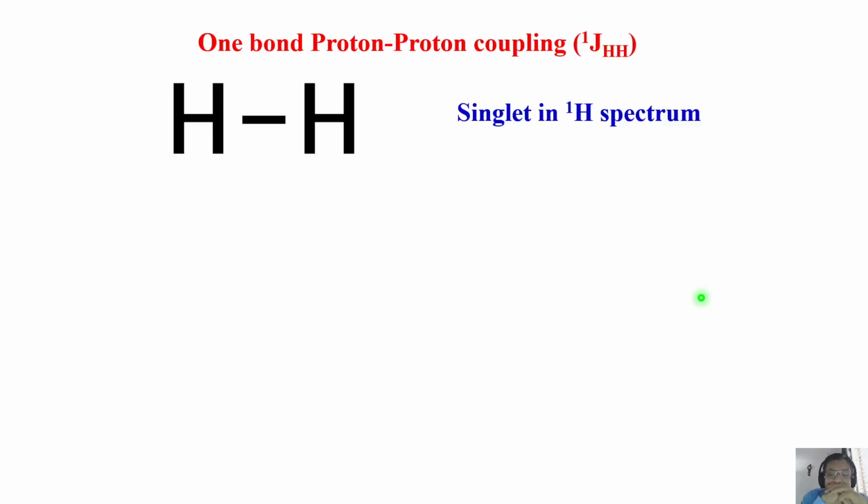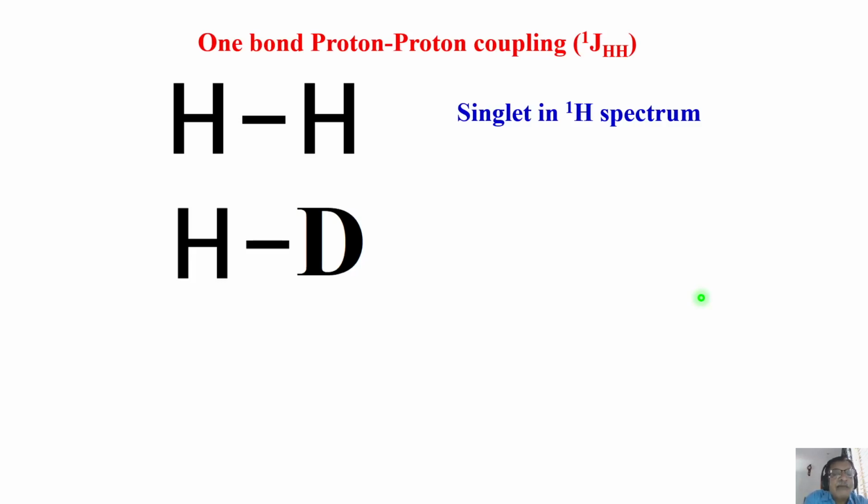This is a hydrogen molecule. Here, where is the question of carbon? I cannot break the symmetry like in the previous example by bringing in carbon-13. Now both are protons. What do I do? I have to break the symmetry. I have to get the HH coupling. So one thing is, of course, to retain the nature of the molecule. The best thing is, why can't you substitute one of the protons by a deuterium?